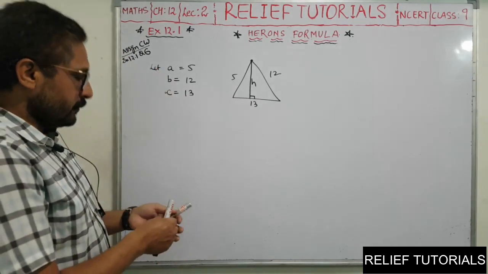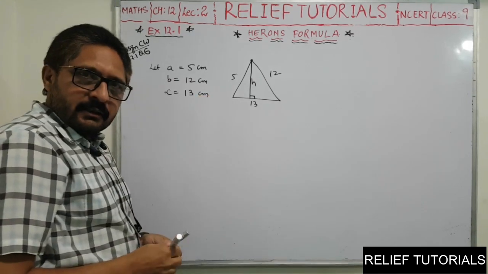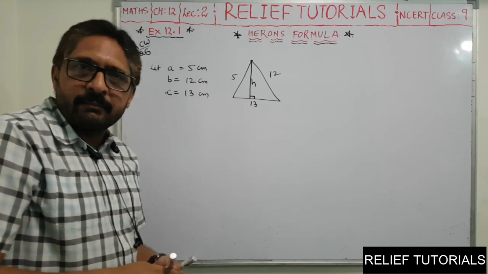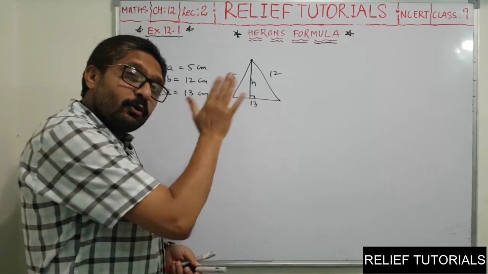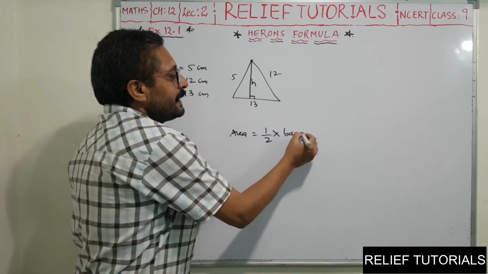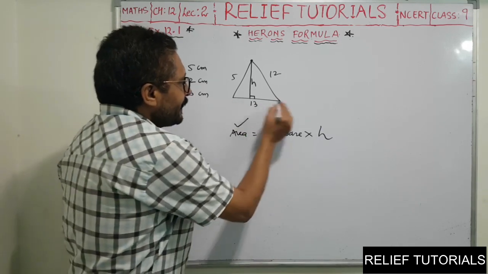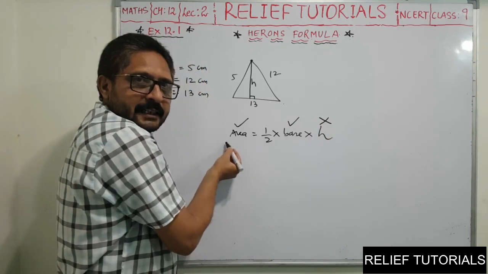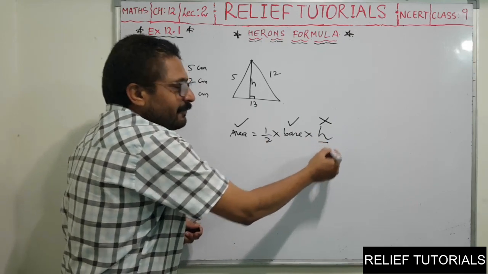So here let A equal 5 centimeter, B 12 centimeter, C equal to 13 centimeter. So we have all three sides, so naturally we can find the area of the triangle by using Heron's formula. Once you get the area of the triangle, then you have the formula: area of triangle is equal to half into base into altitude. You will get the area. You have base 13. You don't have the altitude, so you have to find only one unknown in this equation, h. We have an equation and only one thing is unknown, so easily you can find the value of h.